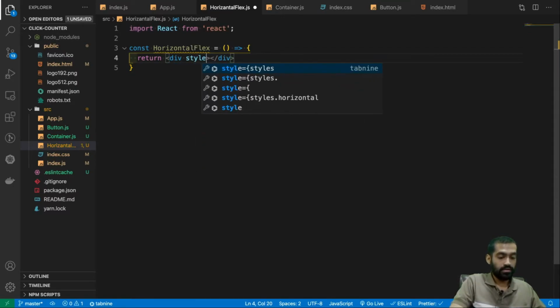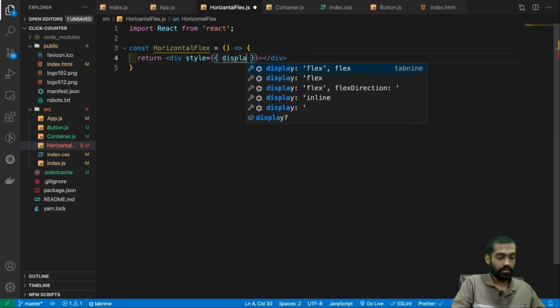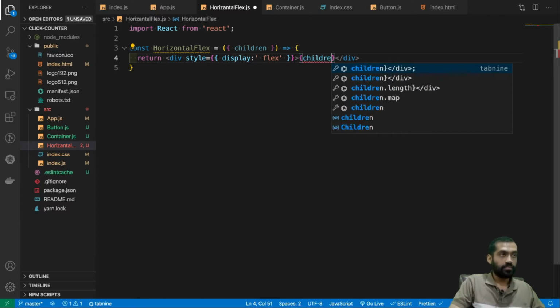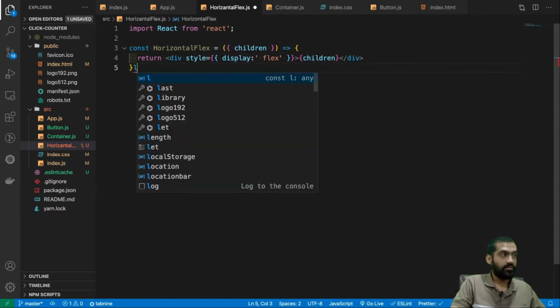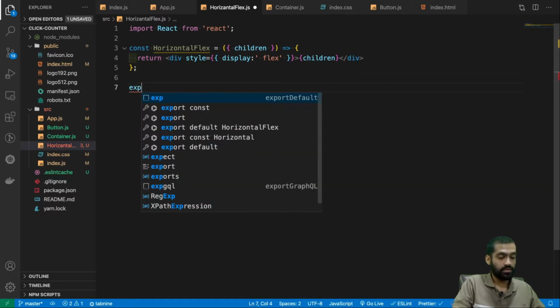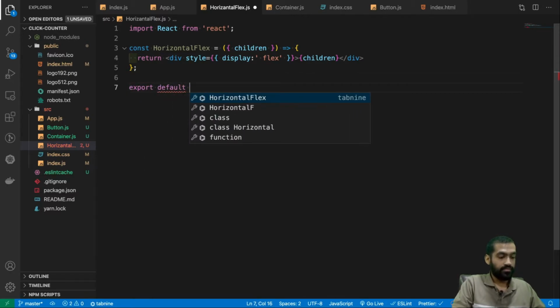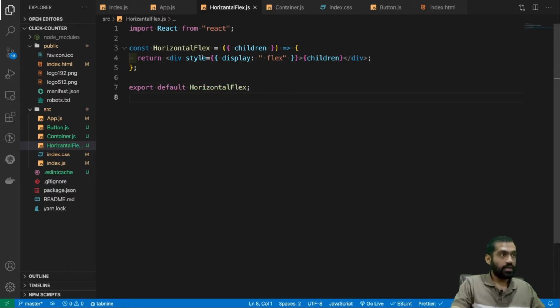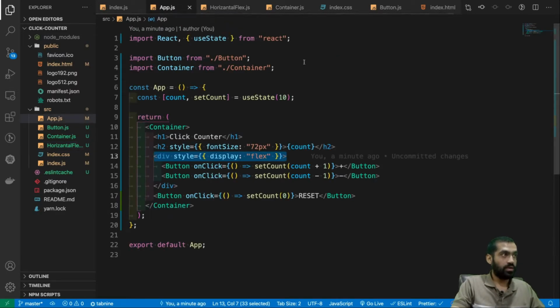We add the style of display flex. Whatever we get inside it, we get in props.children, and we can destructure it as children here, and then we can just add those children here, right? Yeah, we have these children here, and then we do an export default horizontal flex.